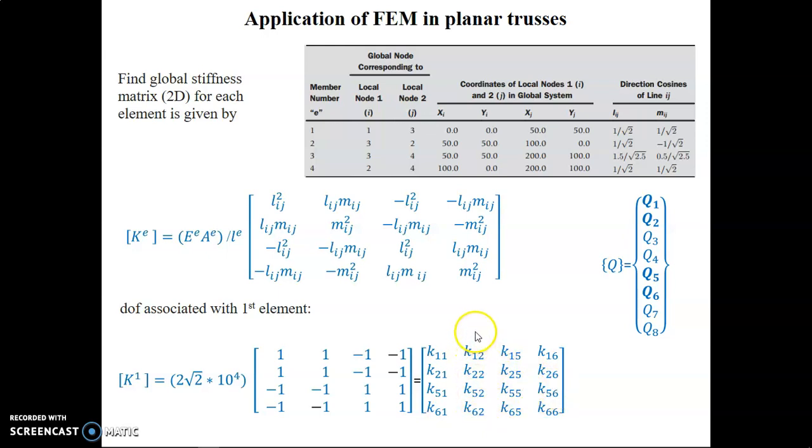For the second column, 2 will remain the same, and as we go downside we will be covering each degree of freedom 1, 2, 5 and 6. Similarly for the third column, the fifth index will be constant and we will be filling 1, 2, 5 and 6. Similarly for the last column we will have the 6 constant and we will be filling 1, 2, 5 and 6. So this is how we will be getting the stiffness matrix for the first element.